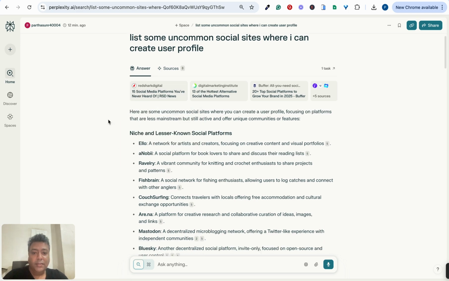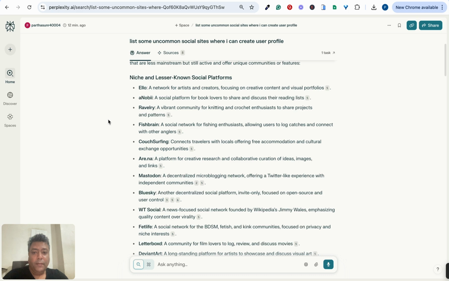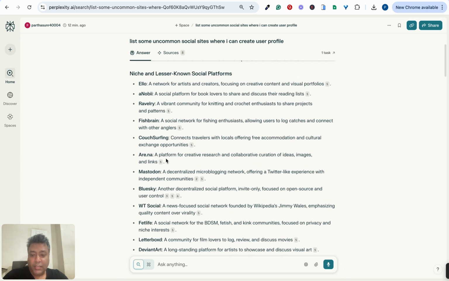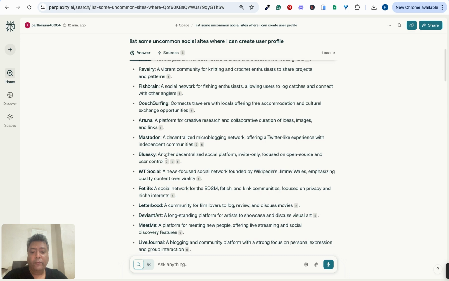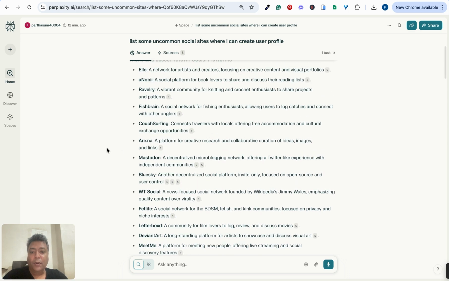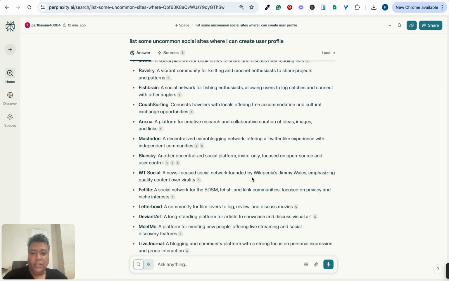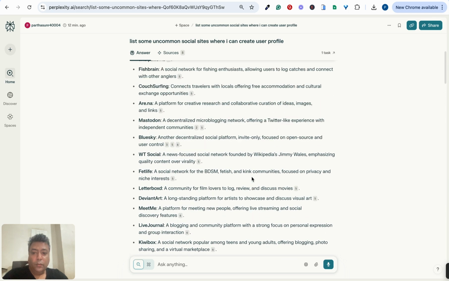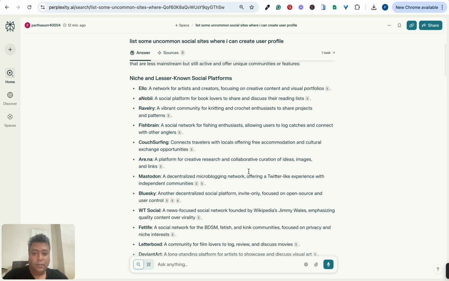Then it comes up with a list of all these websites, which are basically social media websites, but for different niches. So for example, let's say Ravelry. So all we have to do is